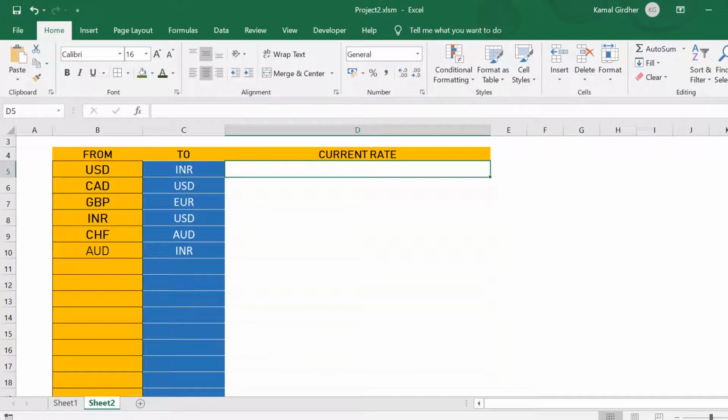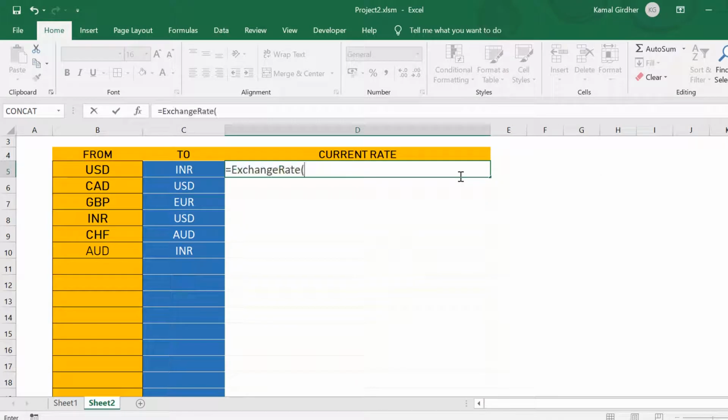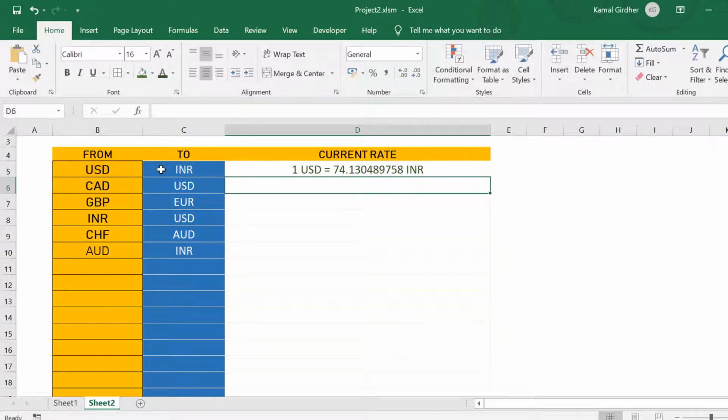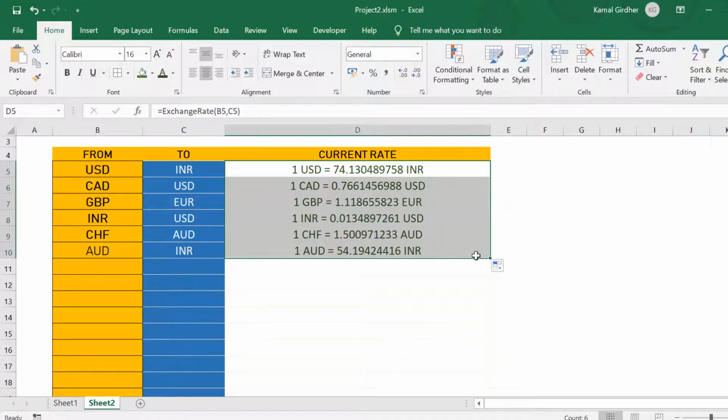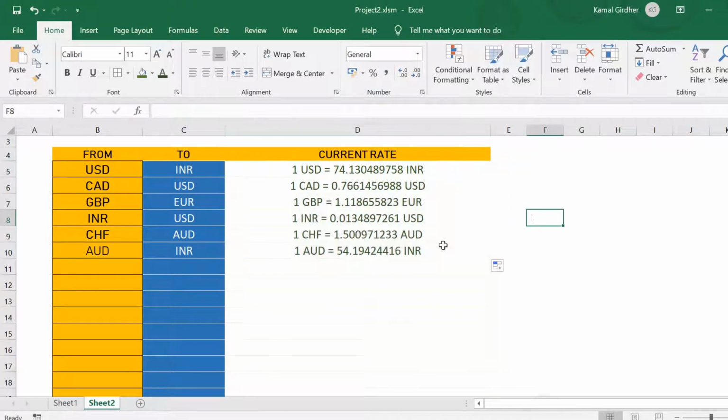Hello everyone. In my last video I showcased one template where I was using an Excel formula and getting stock related prices. In this example we have from and to currencies and we are getting the currency conversion rate, right? So basically both are similar and we can have other such templates here.